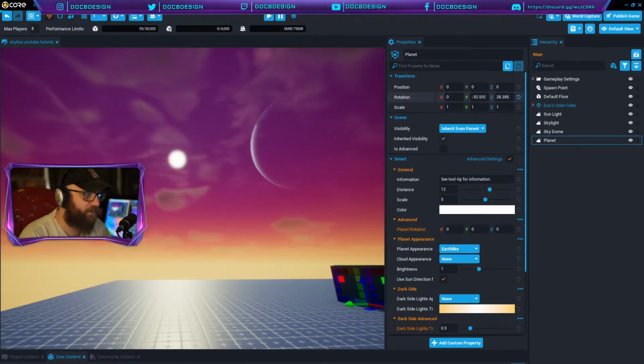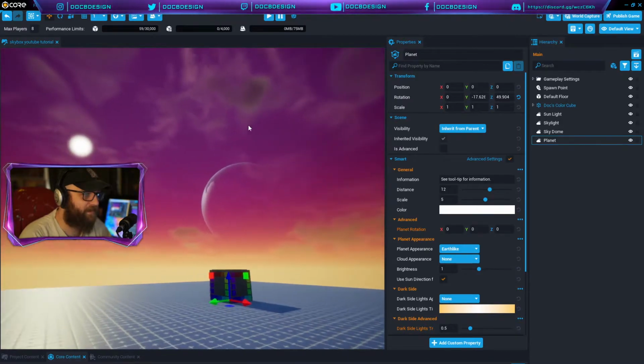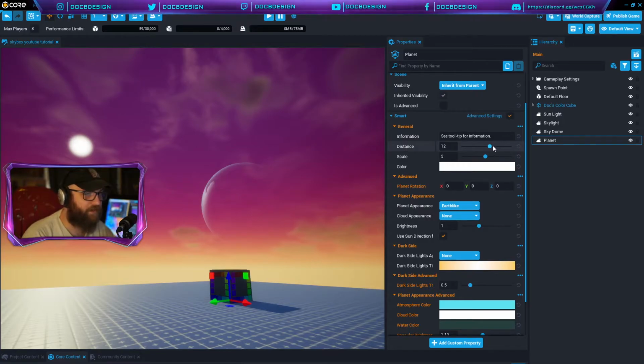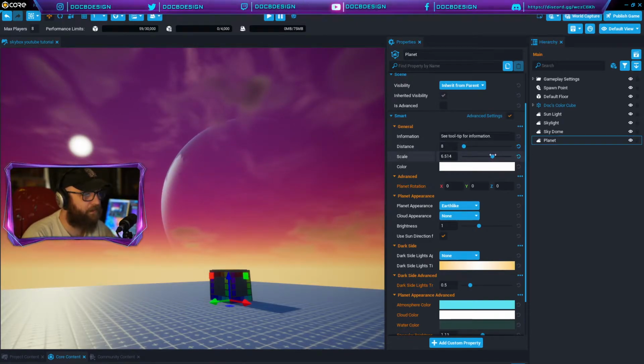But for right now, we're just going to sort of move this planet right over here to the right. We're going to drop him down just a little bit so he's a little bit lower than the sun, and we're going to leave the scale the same. Now, here in the tooltips, you'll see a few different options. You can change the distance of a planet, which brings it closer or pushes it further away. I like to have a good mix here of planets that are close and planets that are far away. So we'll move this one very close, and then the scale also makes the planet